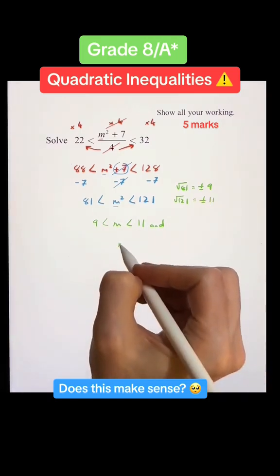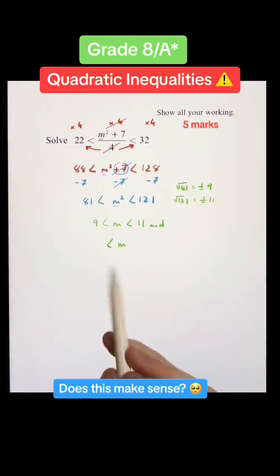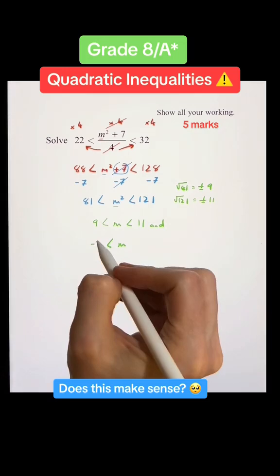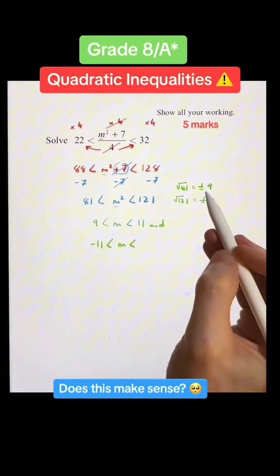Hence, our other solution for m is going to be greater than, we always put the smallest number on the left-hand side. Well, our smallest number here will be the negative 11, as that's the most negative. And it's going to be less than negative 9,